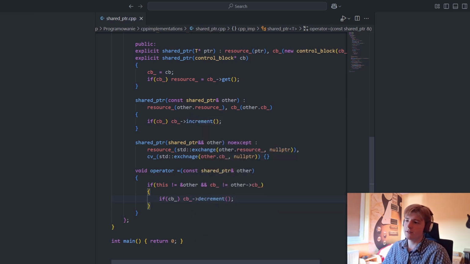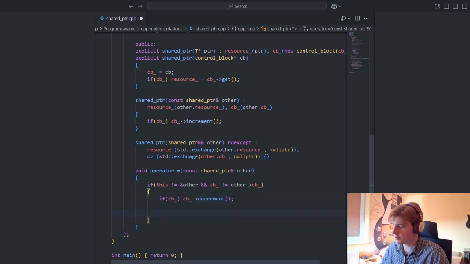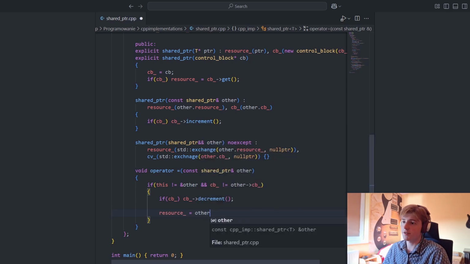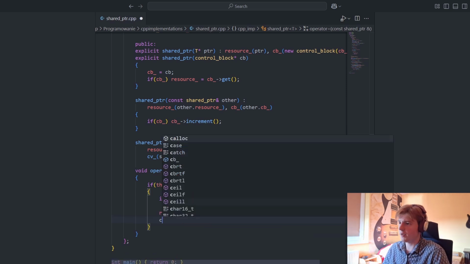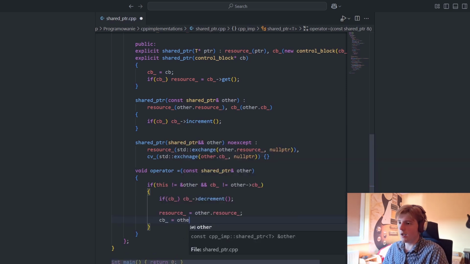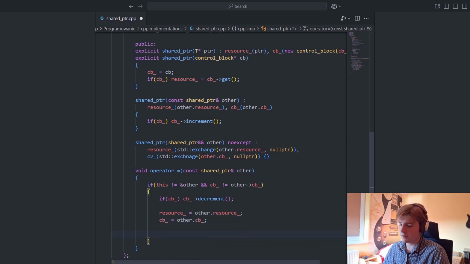Now you might look at this. Well, actually, let's look at what happens next, because that's really important. And now we will assign a resource with other resource. So that's a copy, and CB with other CB. And at the end, if CB is not null, we just increment, because we just acquired a new shared pointer